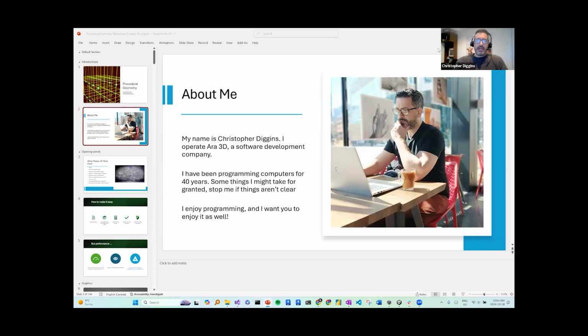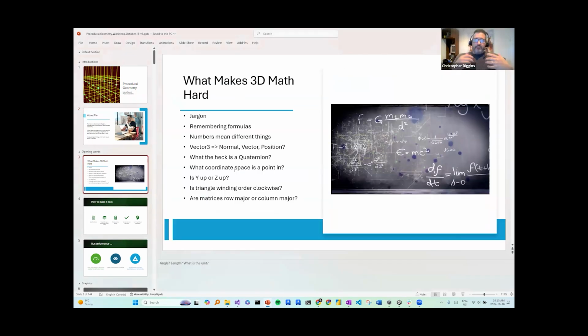And my goal today is to help you enjoy programming and become more effective at it, especially with regards to geometry. And so when I started to design this class, I started thinking to myself, well, about how 3D math is kind of hard, and it doesn't really need to be as hard as that. I spent many years trying to master it, so to speak, and I realized the trick is first off, understanding